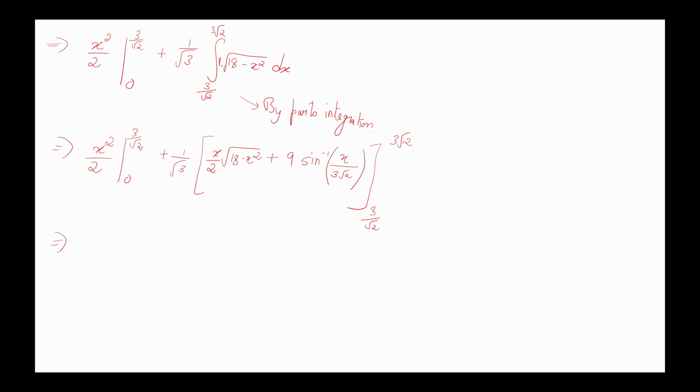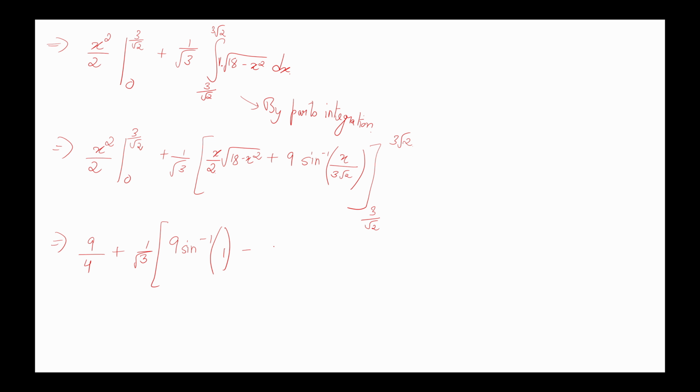Let us put the values. What are we going to get? This would become 9 by 2 to the 4 plus 1 by root 3, and here if I put the value 3 root 2 first of all, this would become 3 by root 2 into root under 18 minus x square, so this entire term becomes 0. 3 root 2 whole square is 18, so 18 minus 18 we get 0, and here we would be left with 9 times sine inverse 1